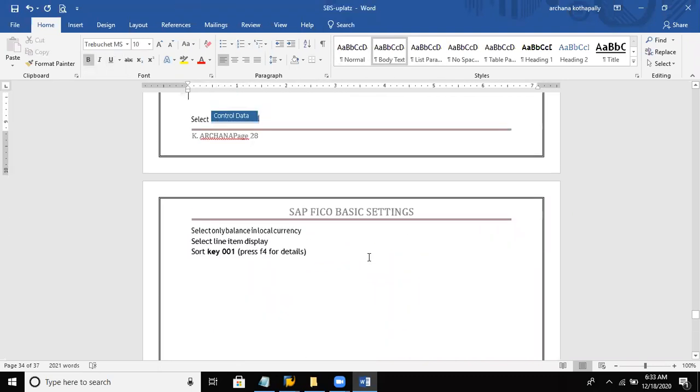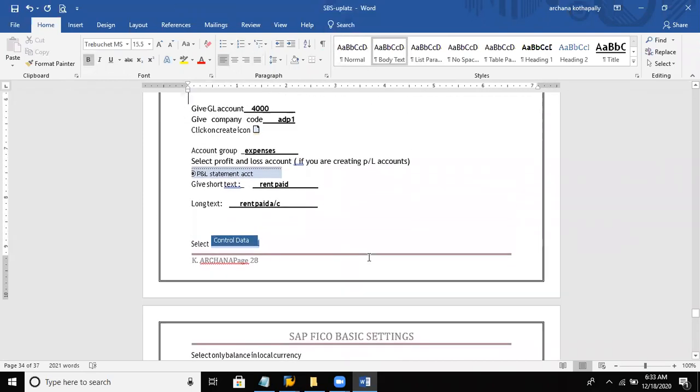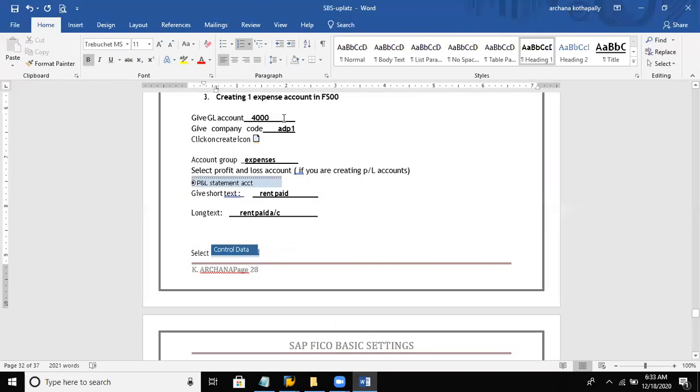So we said that expense would be starting from 400000 to 499999. Now update your company code. So our company code is DEL8.